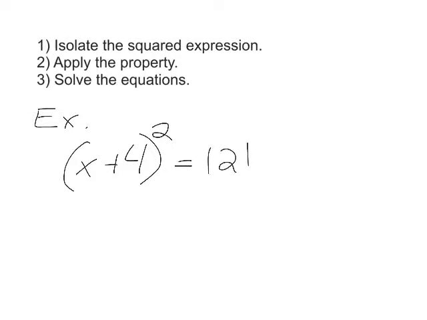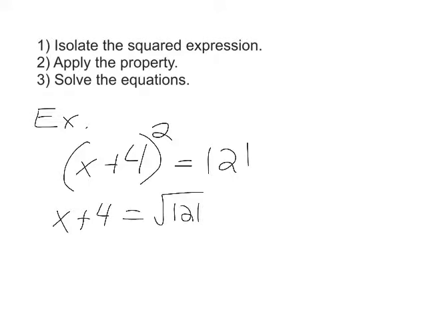Okay, so our first step would be to isolate the squared expression. Well, that's already done here, okay? X plus 4 is my squared expression. It's on one side by itself. So then we make our two equations, either by using a plus or minus, or by literally writing down two